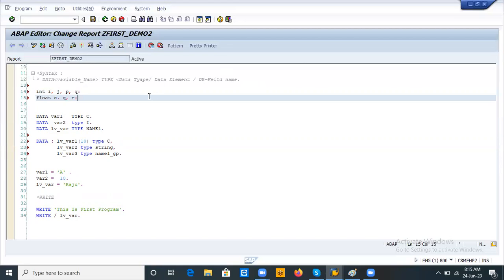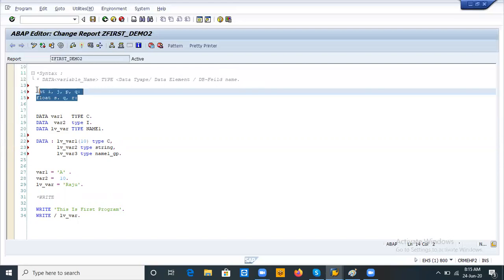The same thing we declare in C++. But there, integers are declared together and float values are declared together. Here, with the help of the data statement, whatever the data type, it will take the values.